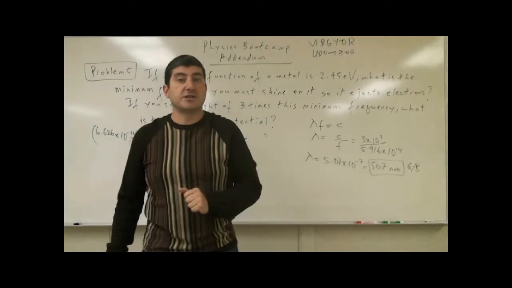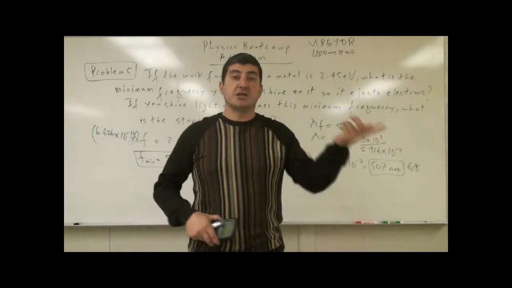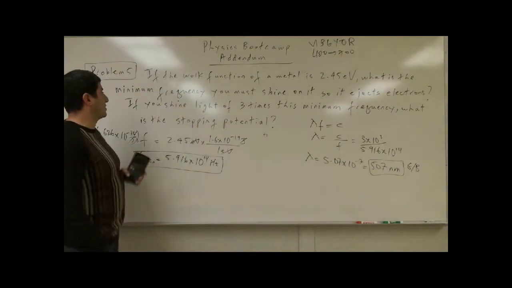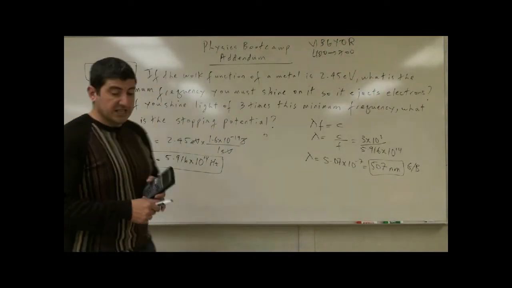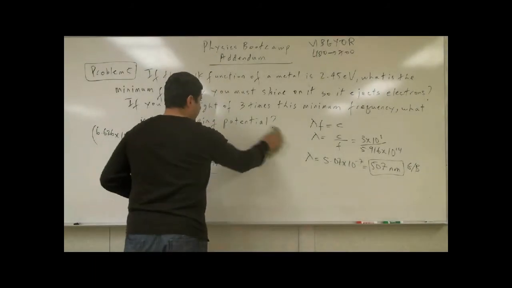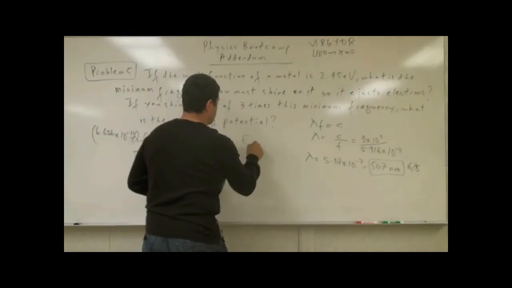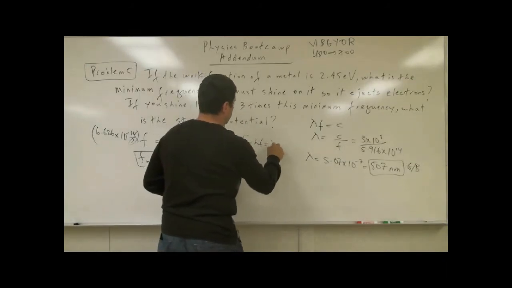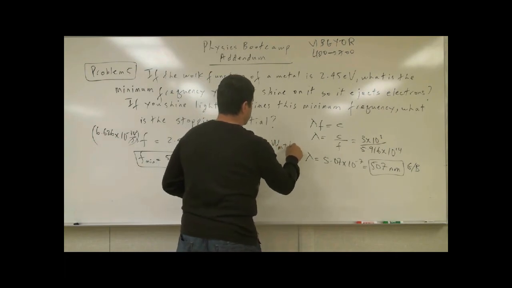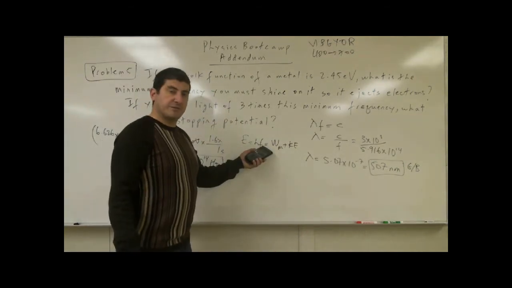If you shine red on it, no electrons will be emitted. The current in the circuit will be 0, right? So now what's happening in the second part of the question? If you shine light with 3 times this minimum frequency, then you're going to have sufficient energy, right? So the energy is equal to hf, which equals the work function of the metal plus the kinetic energy of the electrons. So if you have 3 times the frequency,